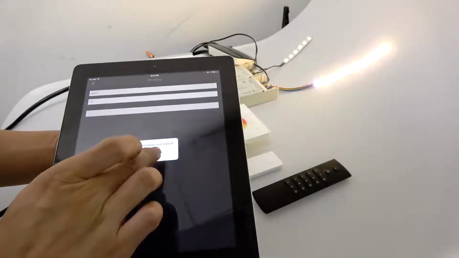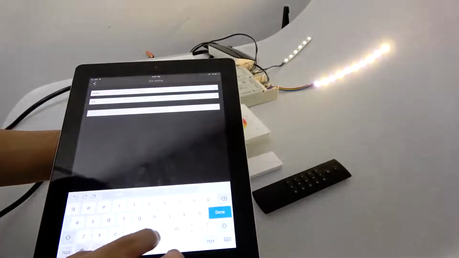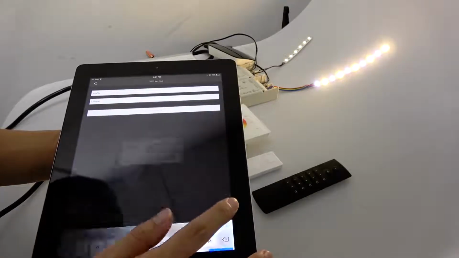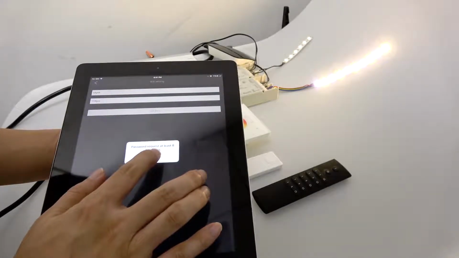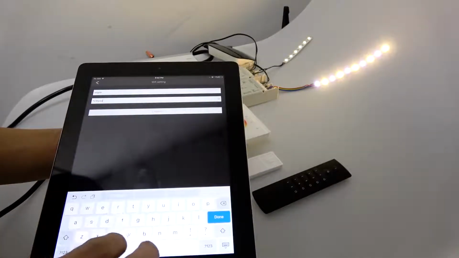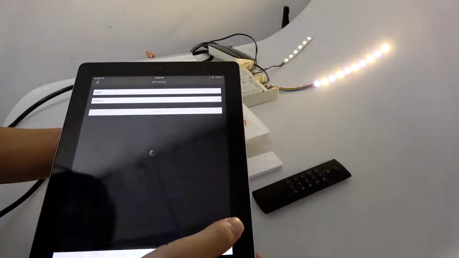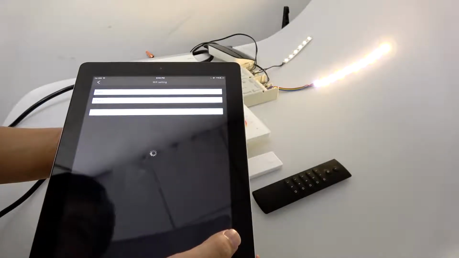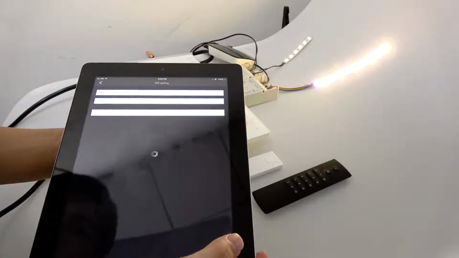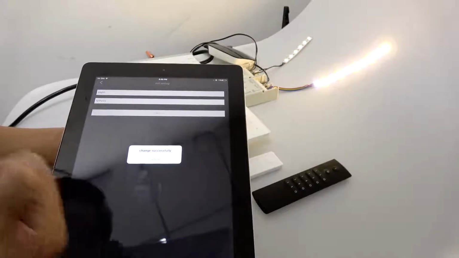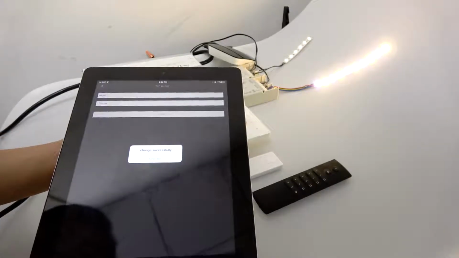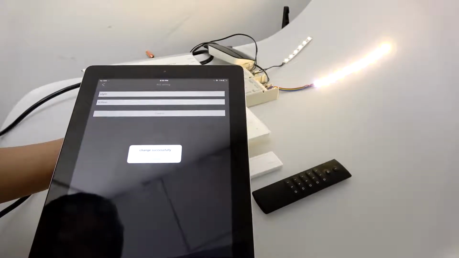Okay, password requires at least 8 characters. We changed successfully. Okay, that's all for the ZigBee